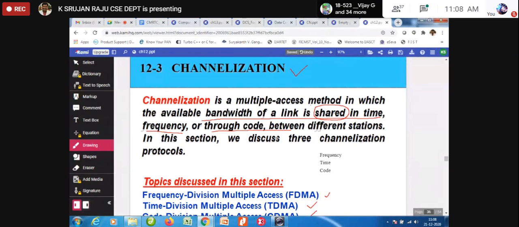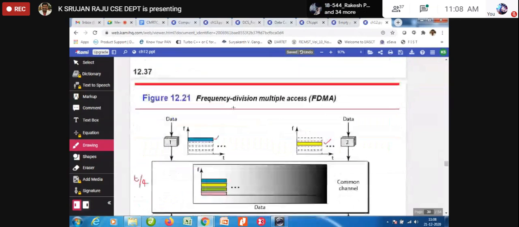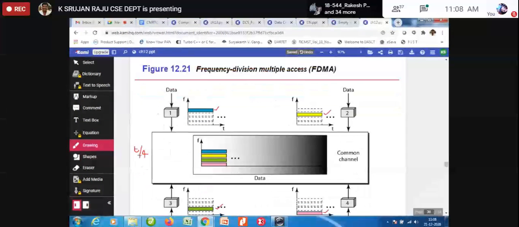Here in the frequency, if one frequency is there, we divide that frequency into four parts, and each part we assign to one node. Here this is the frequency and this is the time. Whenever the first node gets its frequency slot, only in that slot it should send the data.